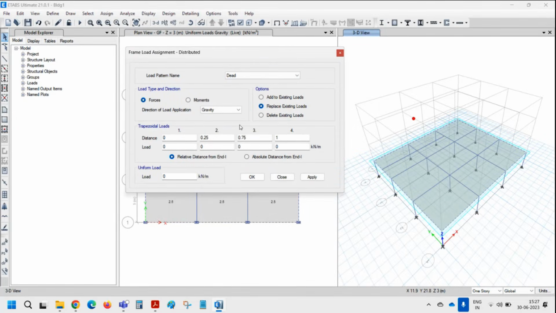Let's have all the masonry wall loads in the dead load pattern itself. You could have defined one more pattern for handling this. What happens is you'll get various analysis results based on the definition, and you can combine them; even the program can combine them together based on the type automatically. So it is up to you to decide on that. I'm keeping it with the dead, self weight and